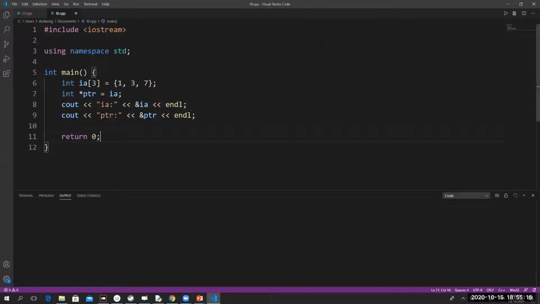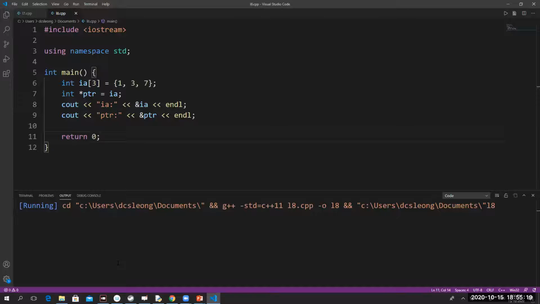We run this and see how it goes. What I'm doing here is creating a pointer.